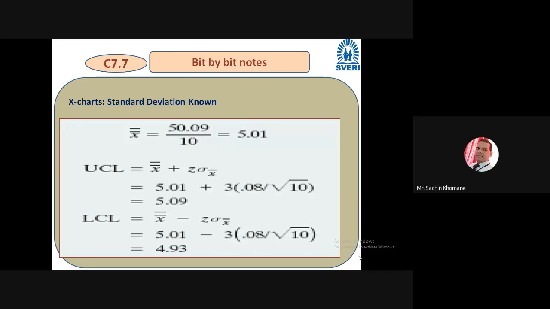So, control chart limits. Actually, I have shown the diagram at the beginning first, right? So just understand now, we have the UCL value and the LCL value. Now all three lines' values we are having: UCL value, LCL value, and the center line. So what is the center line? That X double bar is nothing but the center line of your control chart.